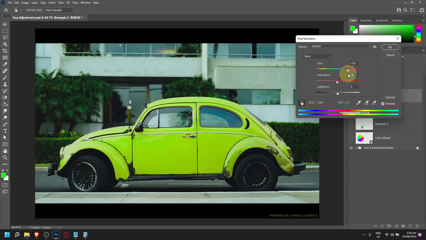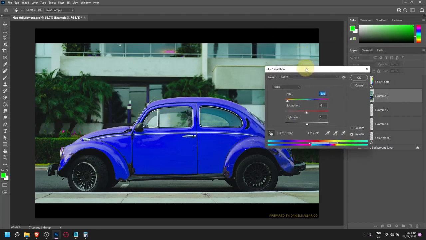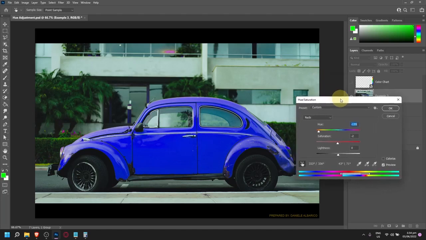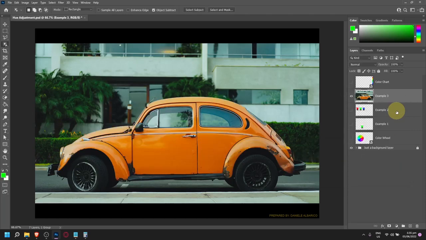if you take a closer look din from sa surroundings, may mga areas din na are supposed to be hindi dapat sila nag-change, right? Because again, the hue and saturation, how it works is it will change all the colors in the pixels. But with the help of this feature, we can pinpoint which colors. Pero hindi pa rin maiwasan na may mga colors pa rin na masaselect. And that's a problem. Okay? So, we just basically hit cancel. And I'm going to show you